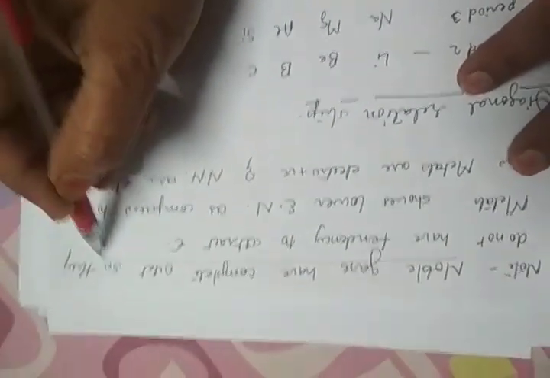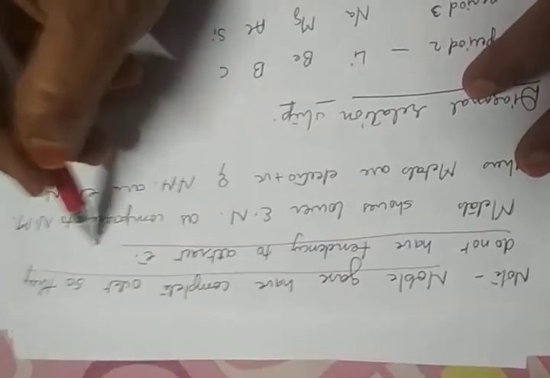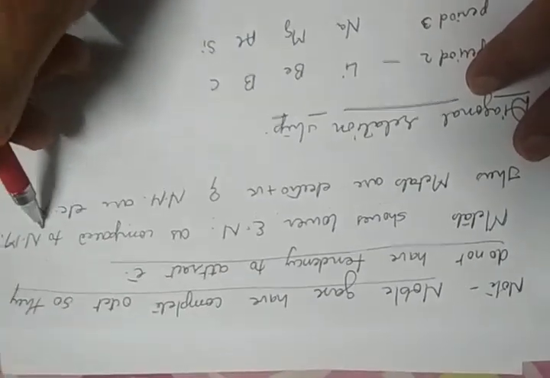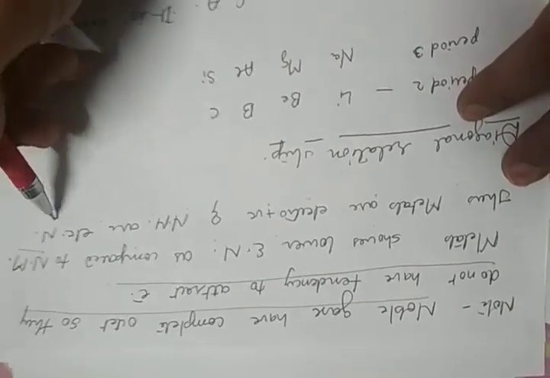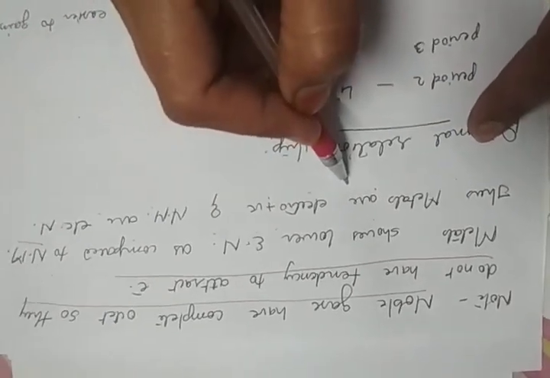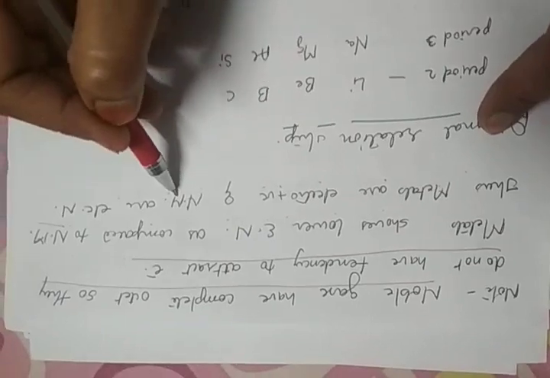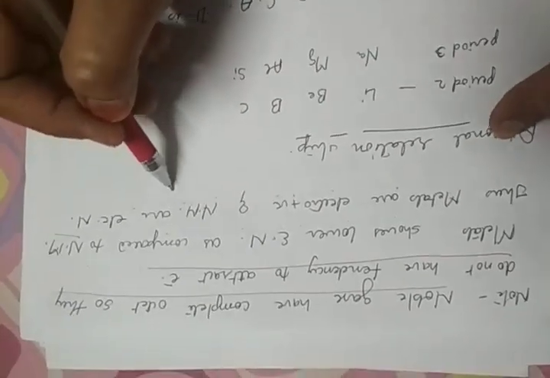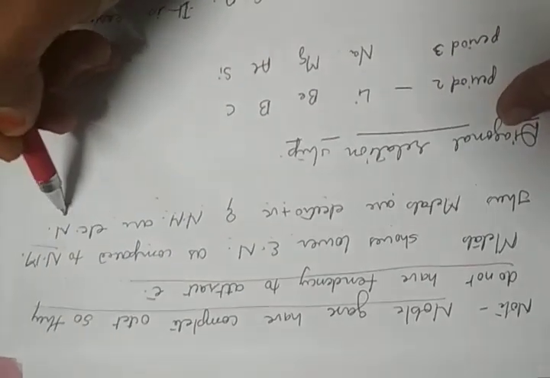Now note a special point related to this: the noble gases have a complete octet. So they do not have the tendency to attract electrons. That means their electronegativity will be 0. Metals always show lower electronegativity as compared with non-metals, because metals are electropositive and non-metals are electronegative. Metals have the tendency to lose electrons, forming positive cations, thus they are electropositive in nature. Non-metals always take electrons, forming negative anions, and as they are taking electrons, they have more capacity to attract electrons, thus non-metals are electronegative.